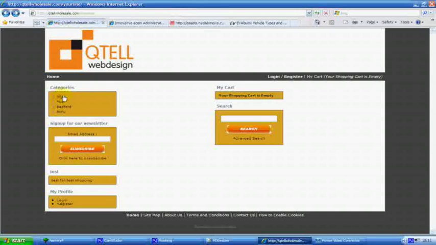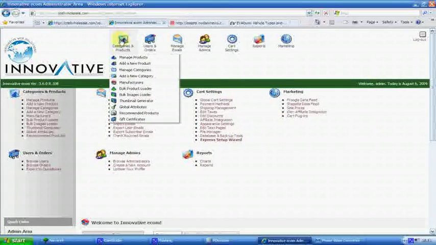Okay, so I'm going to call it A4, Audi A4. Just say for instance I'm going to add an image and a bit of text, and you will notice then this button will change from this icon to a plus icon. Okay, and I'll show you that now. So you just go into add a new category,